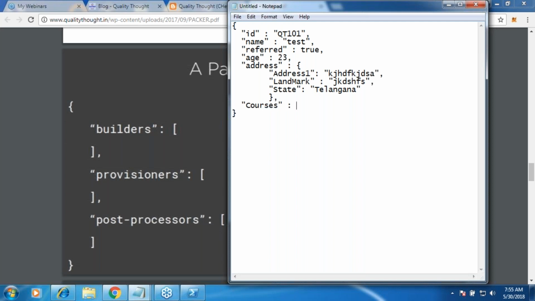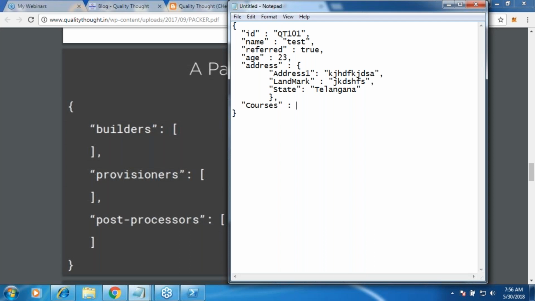Understand what I am trying to tell, because I will be giving you an exercise right now. You should know how to represent this structure, right? So courses, is it that a student is supposed to join only one course? If it was one course, I would have used a string. But the problem is, a student can join DevOps and RPA, or DevOps and AWS, or any other combination. So I want to tell about multiple things now.